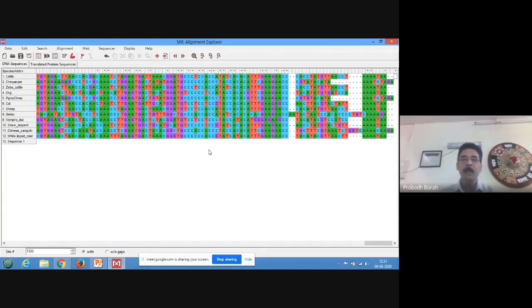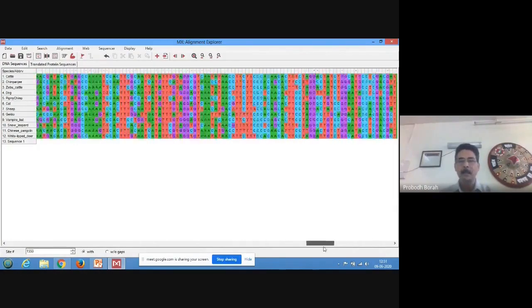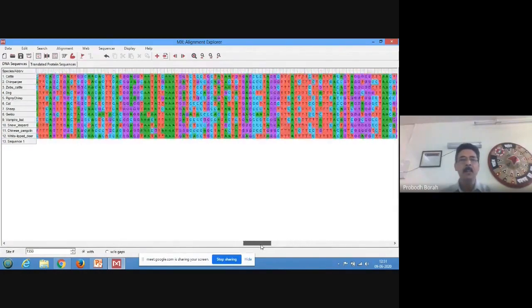Then if the answer to the first query is no, we have to go back to another query. The second question we have to ask: okay, overall similarity is not there, but whether there are some clearly recognizable similarities across the different species or the nucleotide sequences.